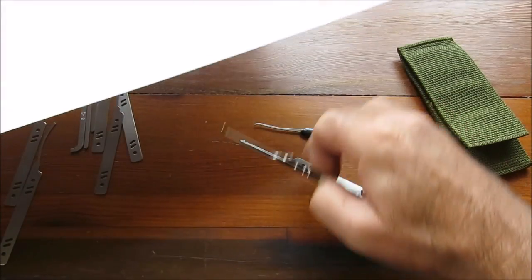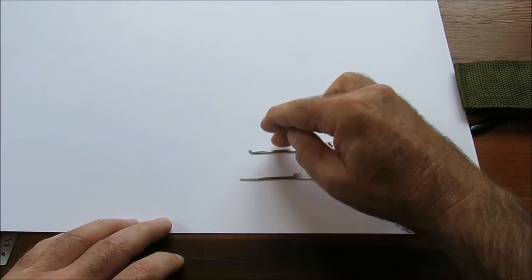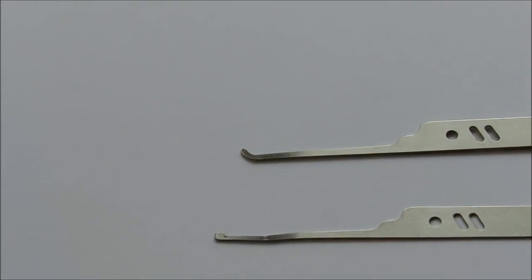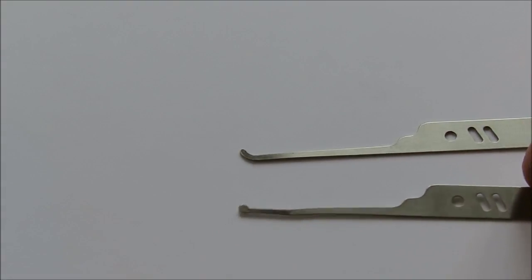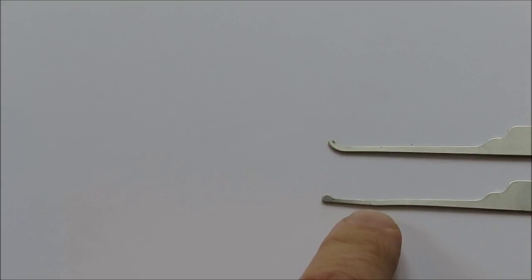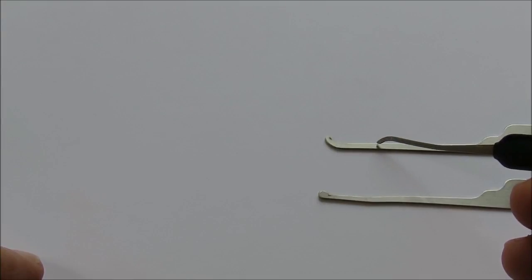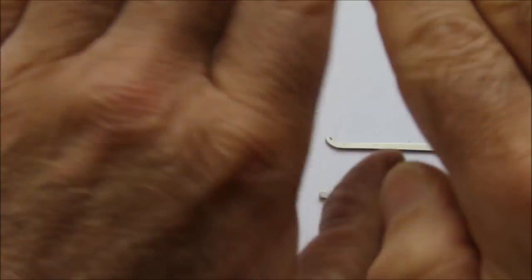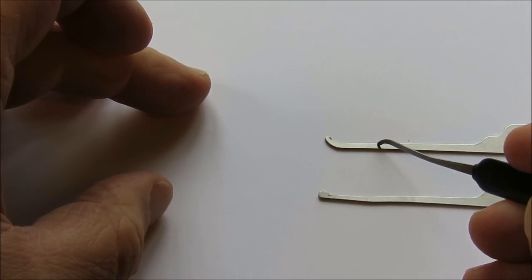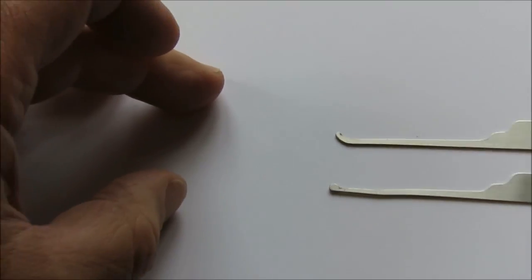Now we're going to put a couple of picks on a white background here. I have bent that hook and I have bent the ball, and you can see the crease in the middle in both of them. So you can see there's a crease right there, and you can see there's a crease, where's my pick? There's a crease there where that bent downwards, and I actually had to bend the damn thing back to straighten it. So you've got a crease here and a crease there. Now let me zoom back out again,